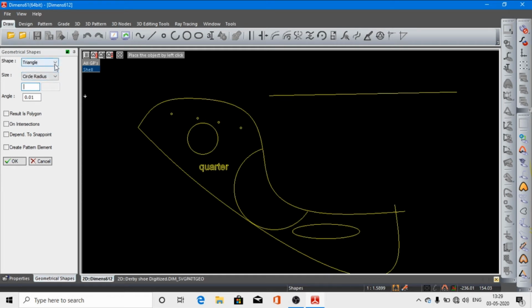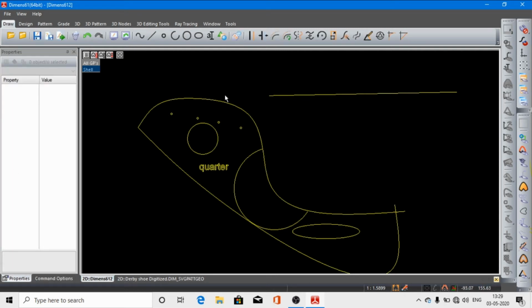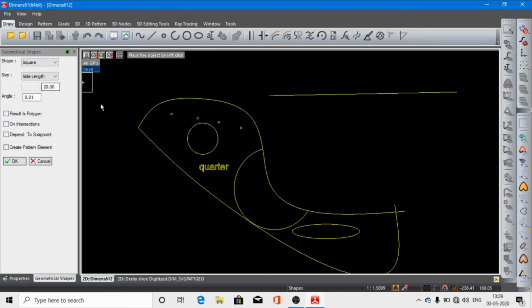If you are drawing a rectangle or a square, you will put the side length: 10 mm, 20 mm, whatever you want, and then you will click okay, and you will see that a 20 mm square has been generated. If you are satisfied with that, you will go to the OK